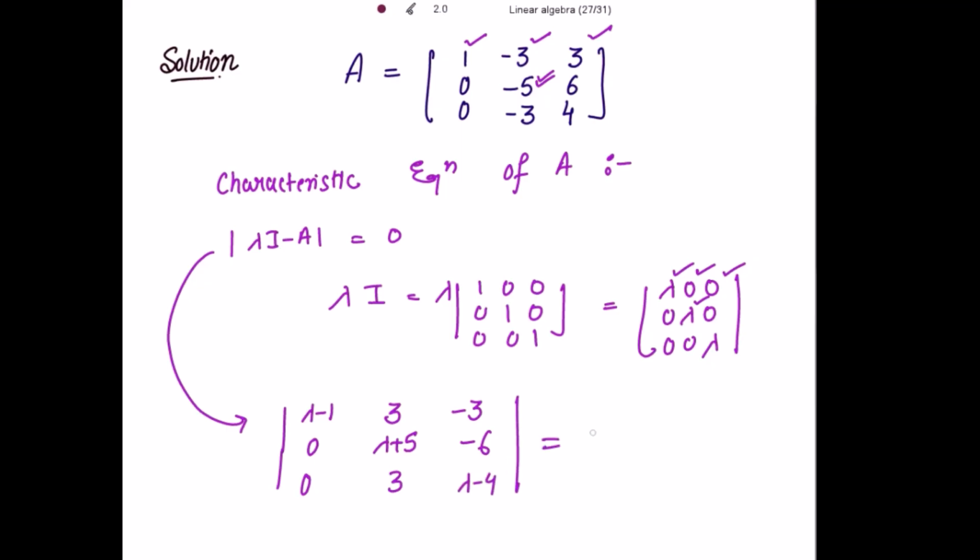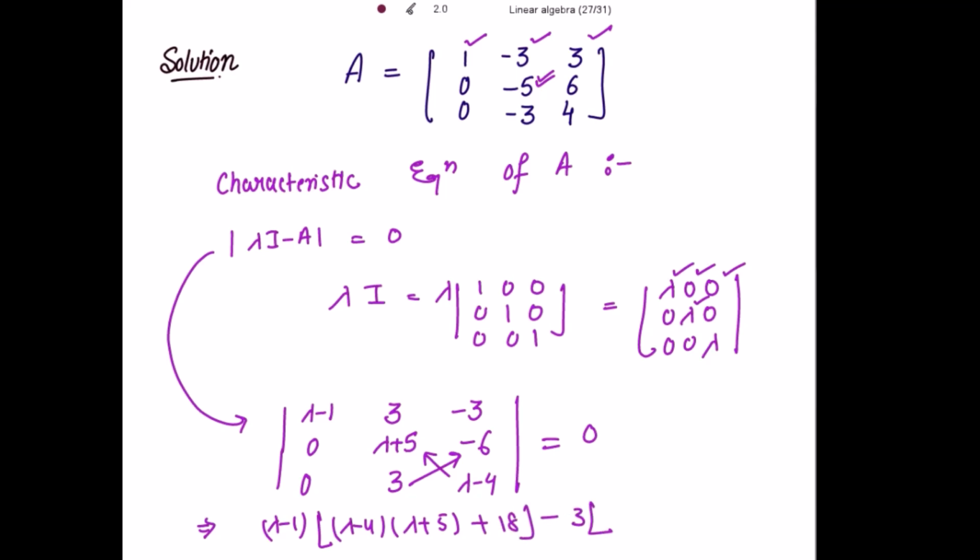Now solving this determinant, we get lambda minus 1 into, cross multiplying these two, lambda minus 4 into lambda plus 5 minus 3 into minus 6, that is minus 18. So this becomes plus 18,